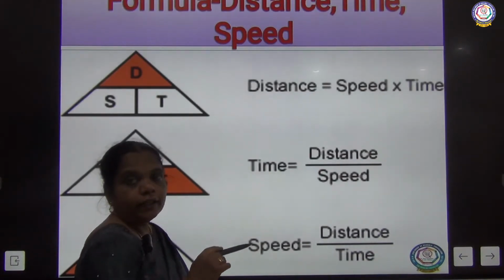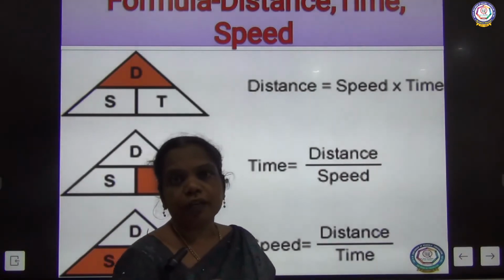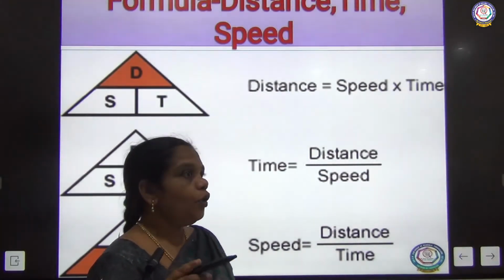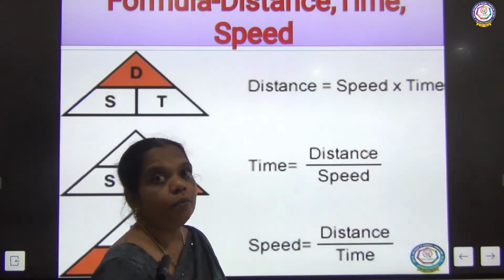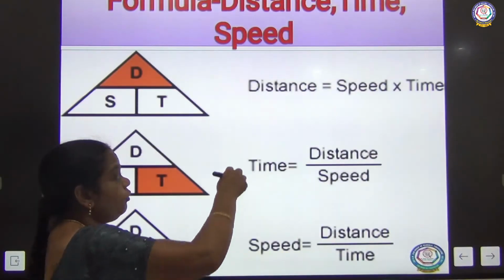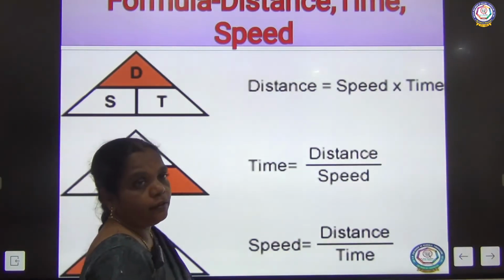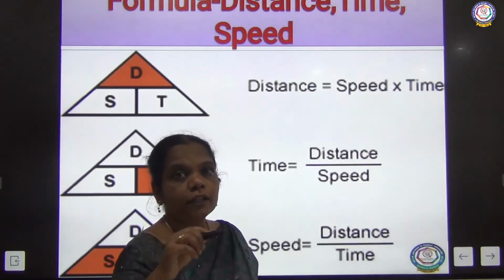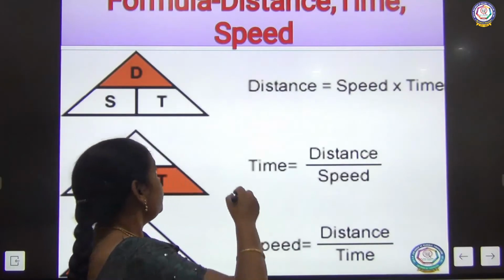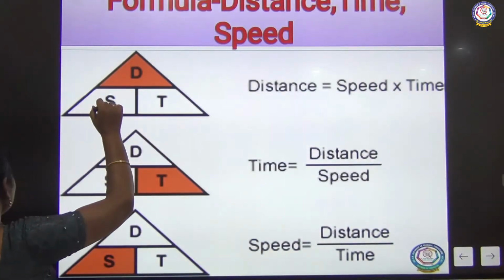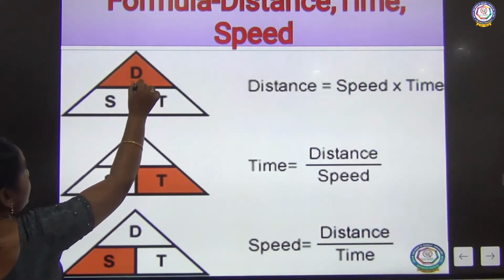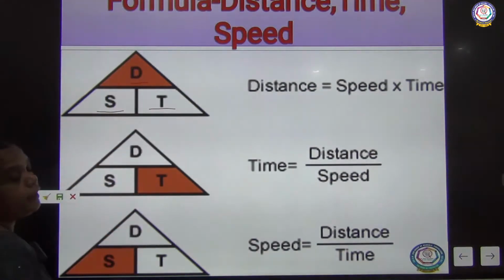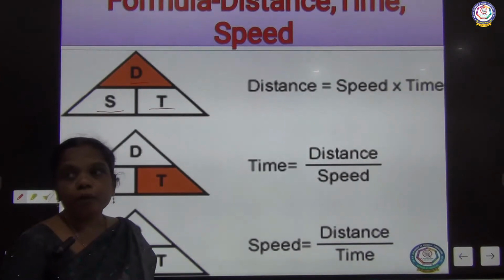Already we learned about the odometer and speedometer. The speedometer calculates the speed of the vehicle and the odometer calculates the distance travelled by the vehicle. So now we can numerically calculate the distance travelled by the vehicle, and from that we can calculate the speed and so on. So which are interrelated? D means distance, speed and time. These are all interrelated. By this we can calculate.